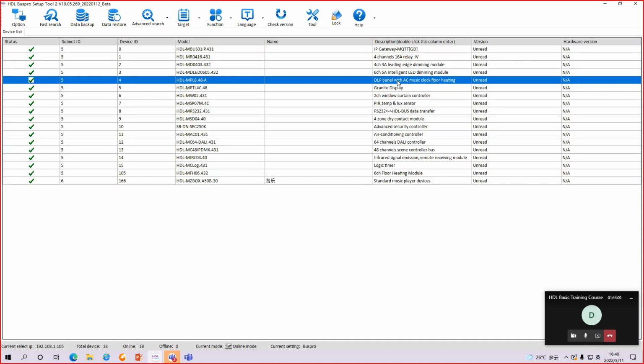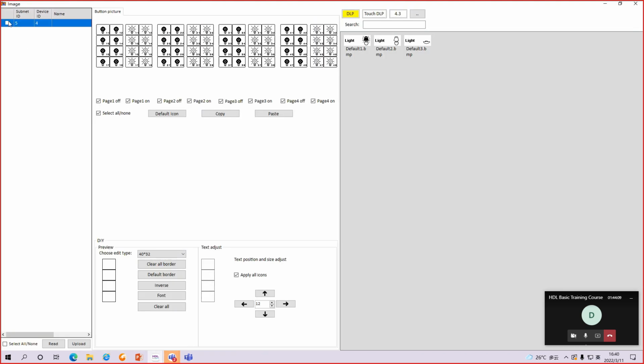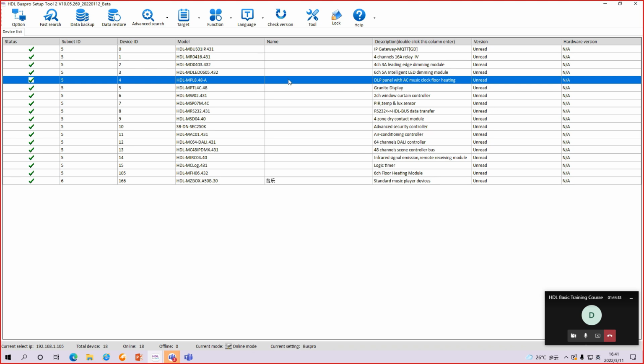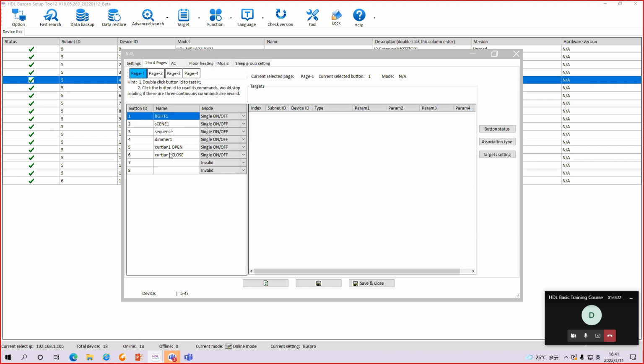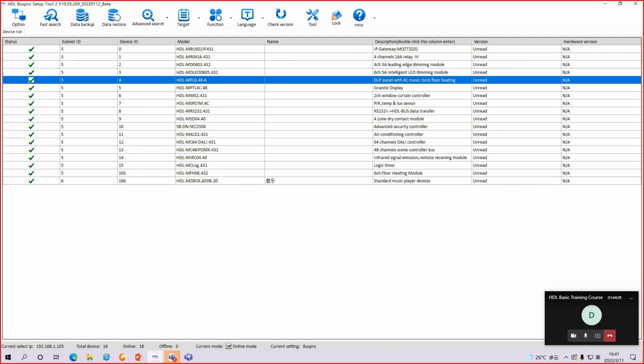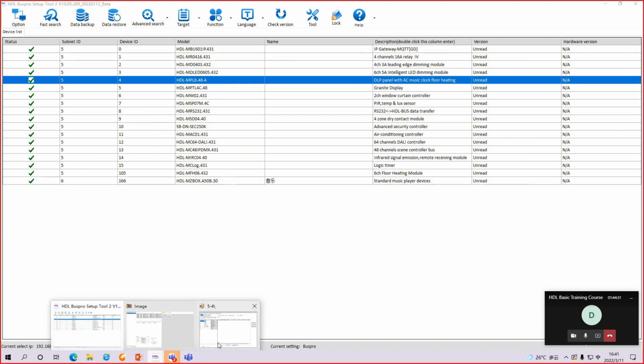You see this is the DLP panel. It's subnet ID 5, device ID 4. So select it, and let me double click it. You can copy it, and then